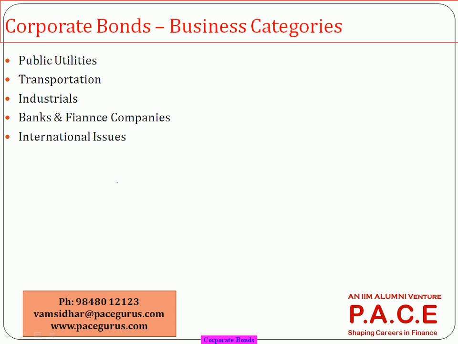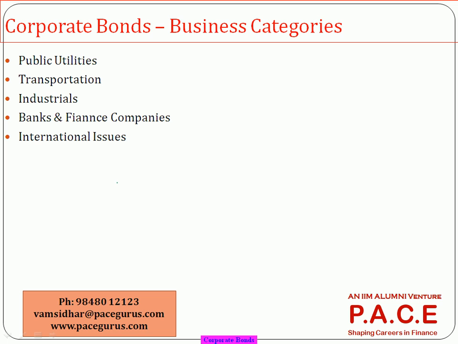Either there are some infrastructure kind of bonds, public utilities kind of bonds. See, a water department will issue a bond. Probably a power department will issue a bond, right? These are all public utilities departments issuing the bonds, where the borrowed money is utilized for those public utilities investments, right? Roads and buildings, they can issue bonds for the improvement of the roads. They are all public utility specific bonds. Sometimes you have transportation kind of bonds, especially in the US we find these kind of various categories.